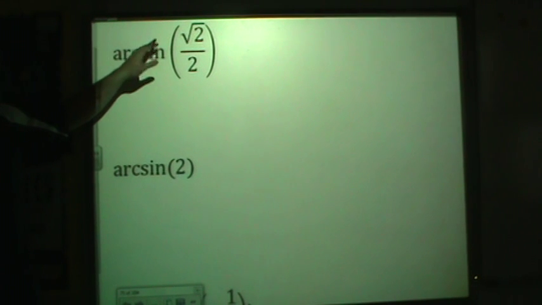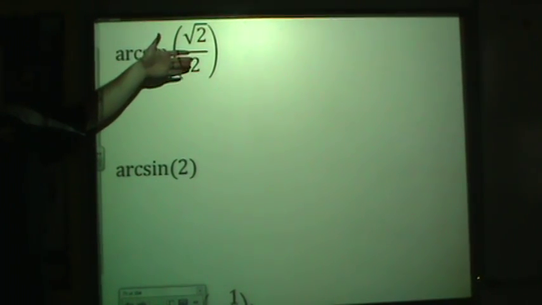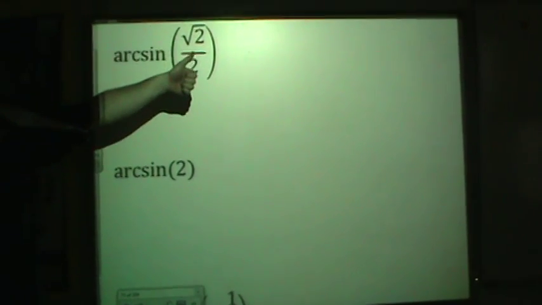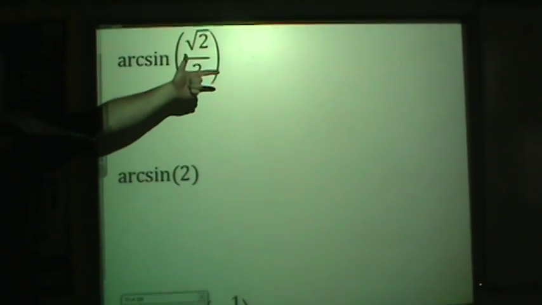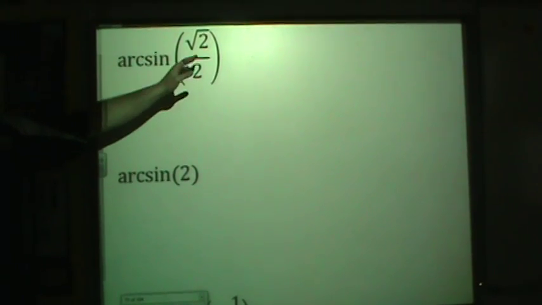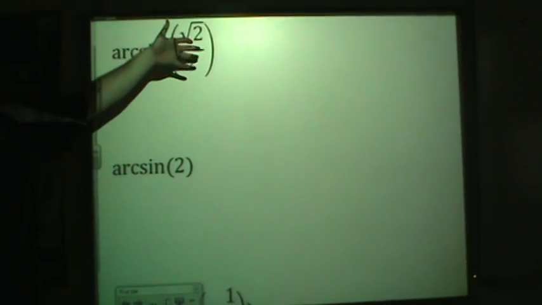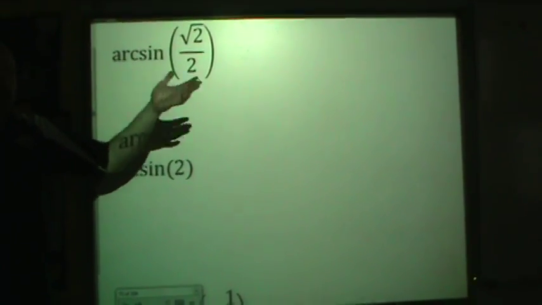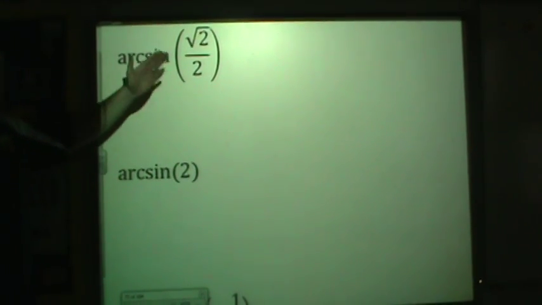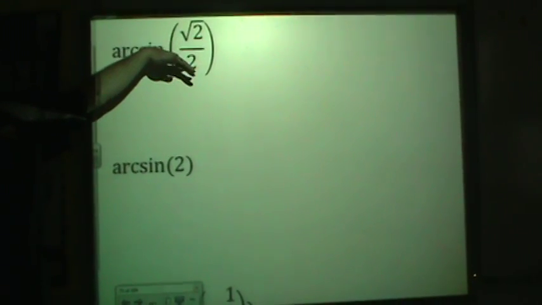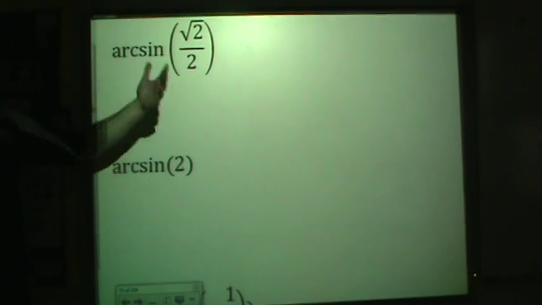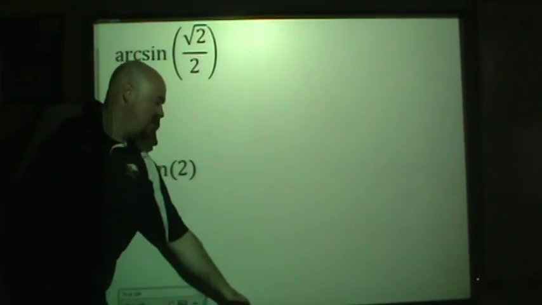This is an inverse sine function. The input is either a y coordinate or an opposite over hypotenuse ratio. So we have to identify, first of all, is this a y coordinate on the unit circle that we've seen before? Yes, many times. Okay, so since we recognize this as a y coordinate that we are familiar with, we'll use that interpretation of